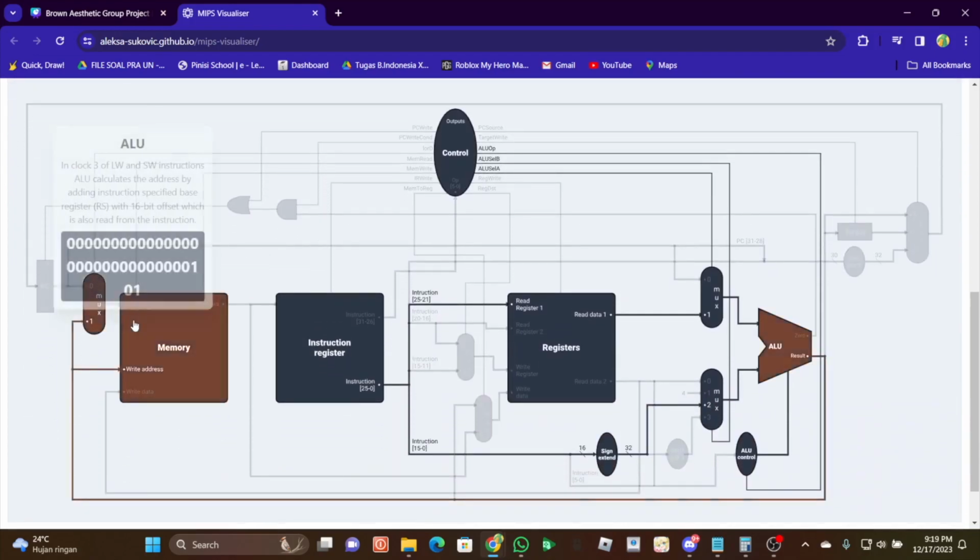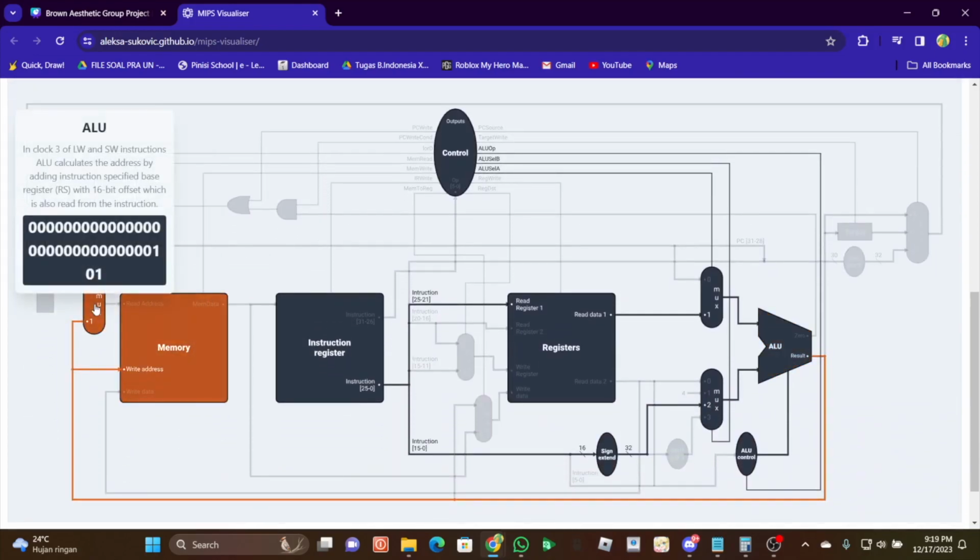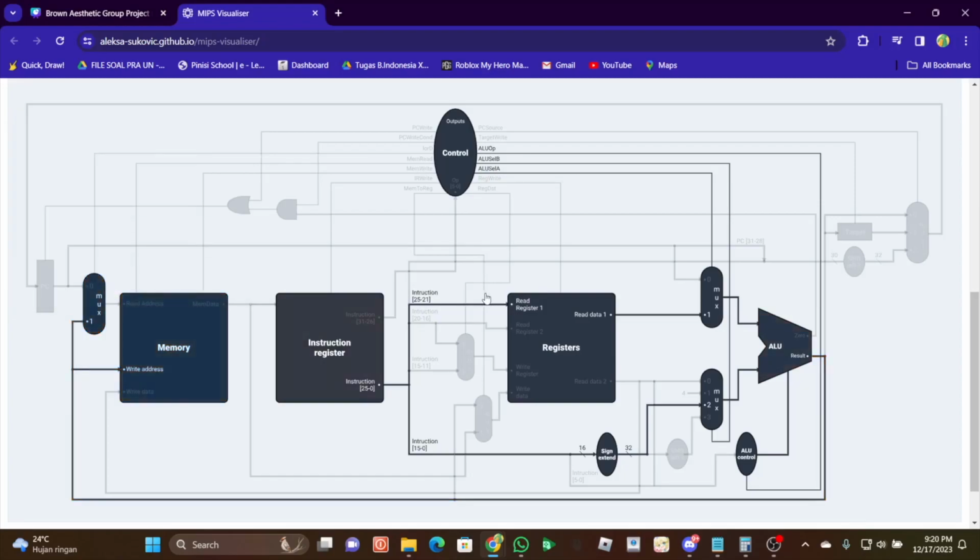In the third clock, for the store word instruction, the ALU calculates the address by adding the instruction-specified base register with the 16-bit offset, which is also read from the instruction.